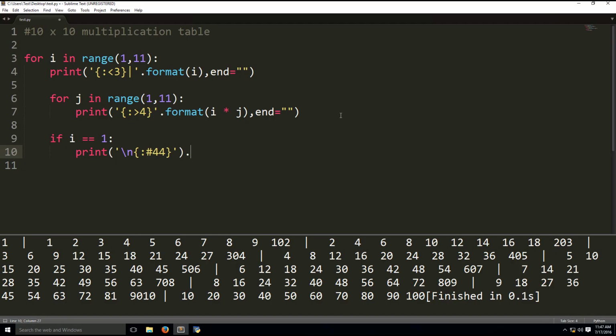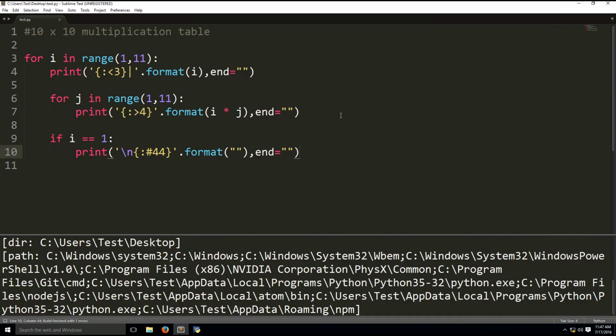Dot. So we have print, dot format, and then we're going to open our format function with empty. It's going to be empty. And don't forget end at the end because we want it all in line once again. All right, so what this did, it prints 44 hashtags and aligns them to the center and occupies this many spaces. All right, and then after this, let's print that out. And there's an error here because I'm not done yet. Just hold on one second. Let me just finish this off with print,